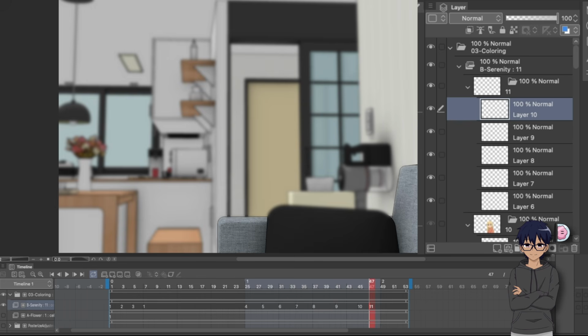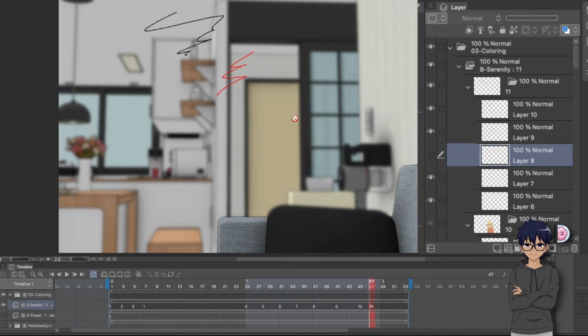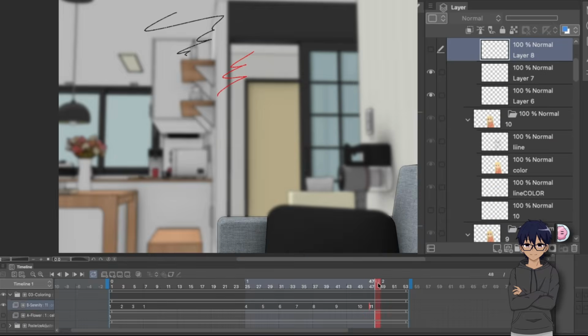And so I can have a scribble on this top line for that. I can have a scribble in red. I can have a scribble in blue. And then let's say I don't want the blue, I can just disable that, and then you can see that it acts as its own single keyframe on the